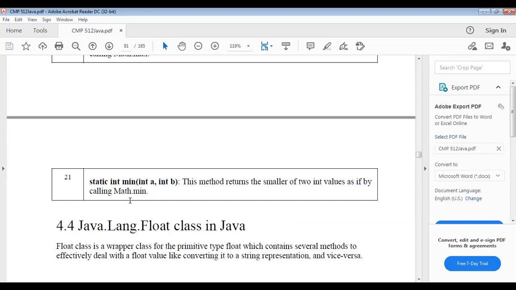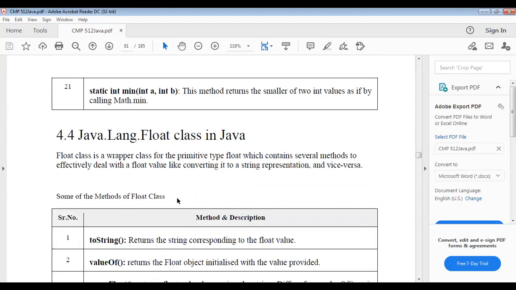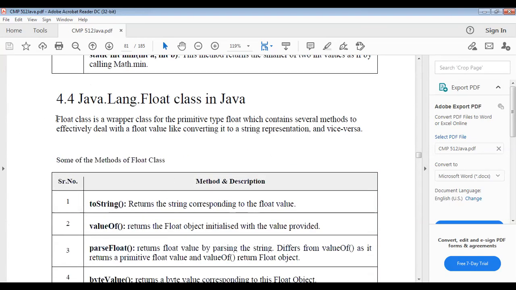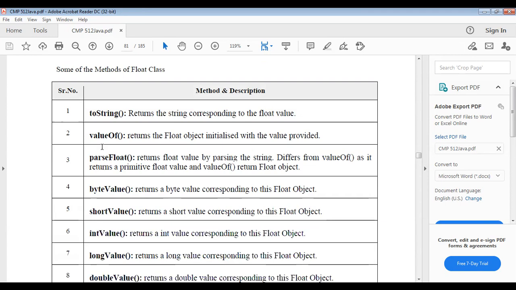Next we can see the Float class, for floating values. The Float class is the wrapper class for the primitive type float, which contains several methods that effectively deal with float values, like converting to a string representation and vice versa.